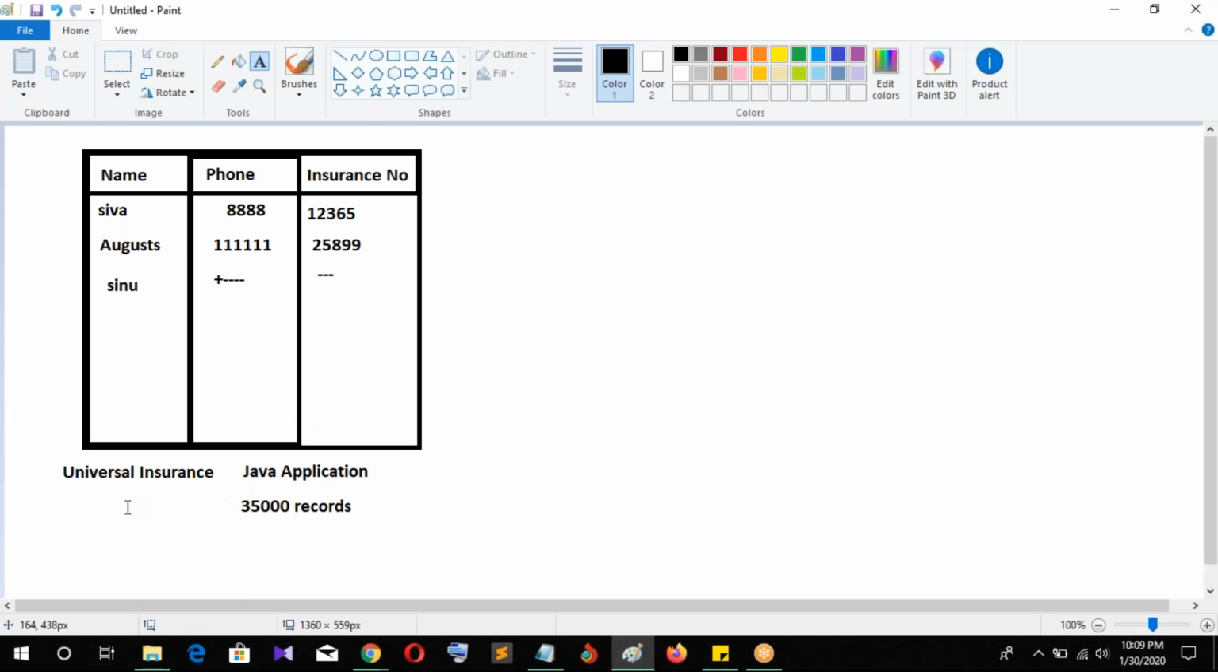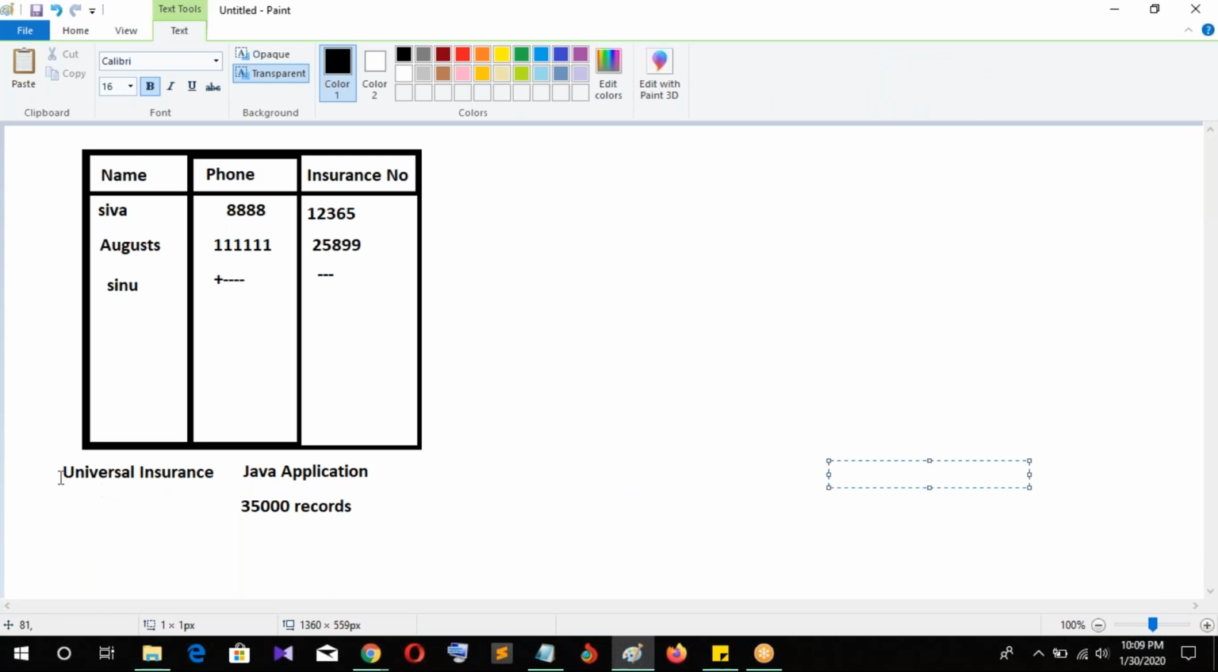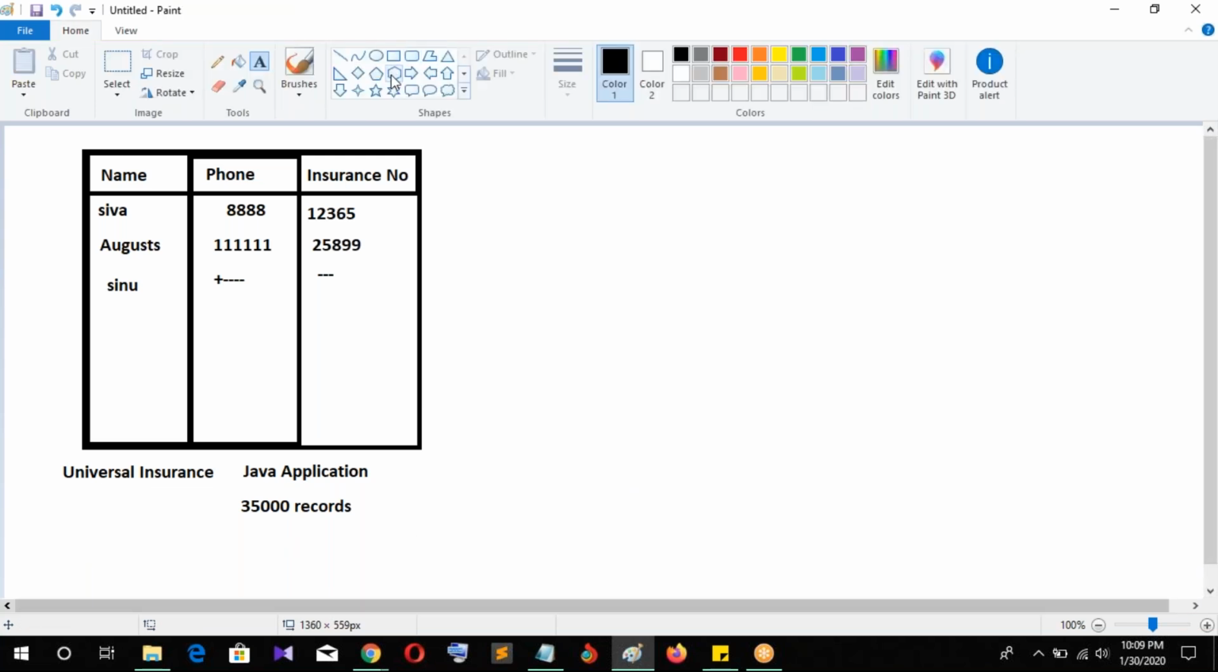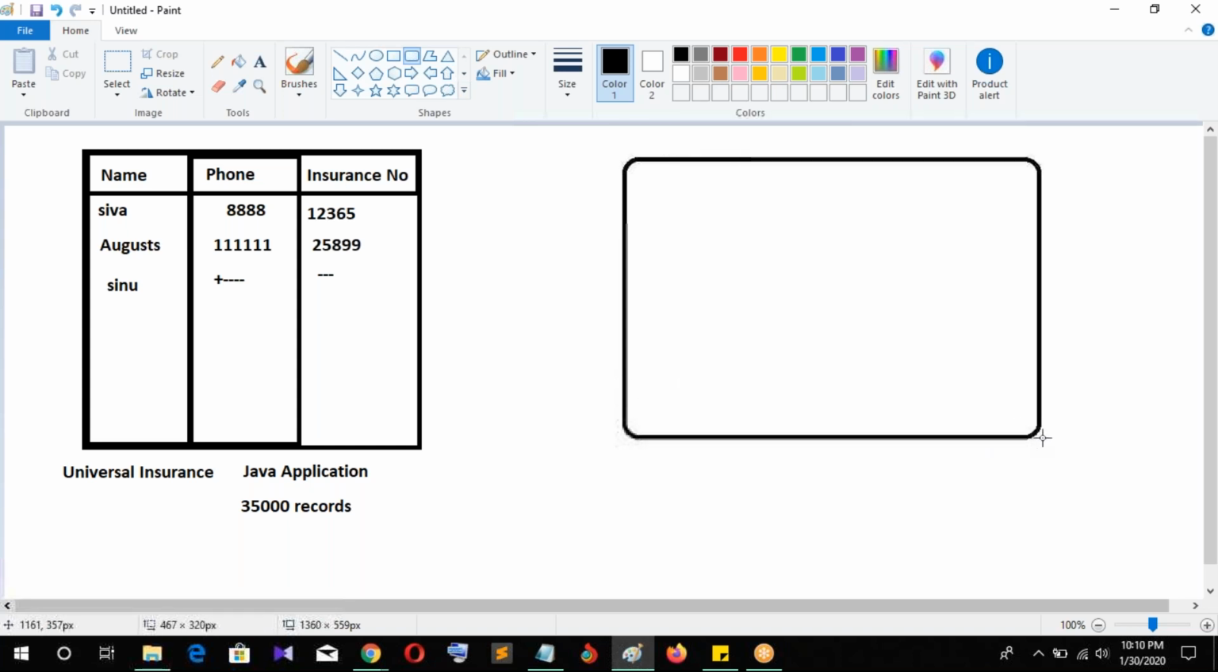So one day the universal company decided that if you work on the Java application, you have to buy the Java software, store the data by purchasing an Oracle database, and maintain the servers. This is a very huge burden for the insurance company. So the insurance company decided to buy Salesforce. The Salesforce team,